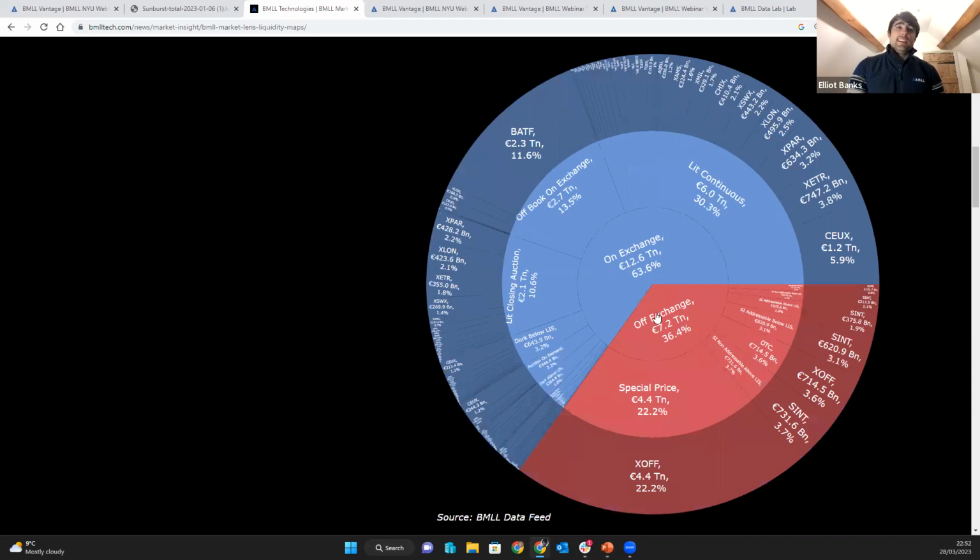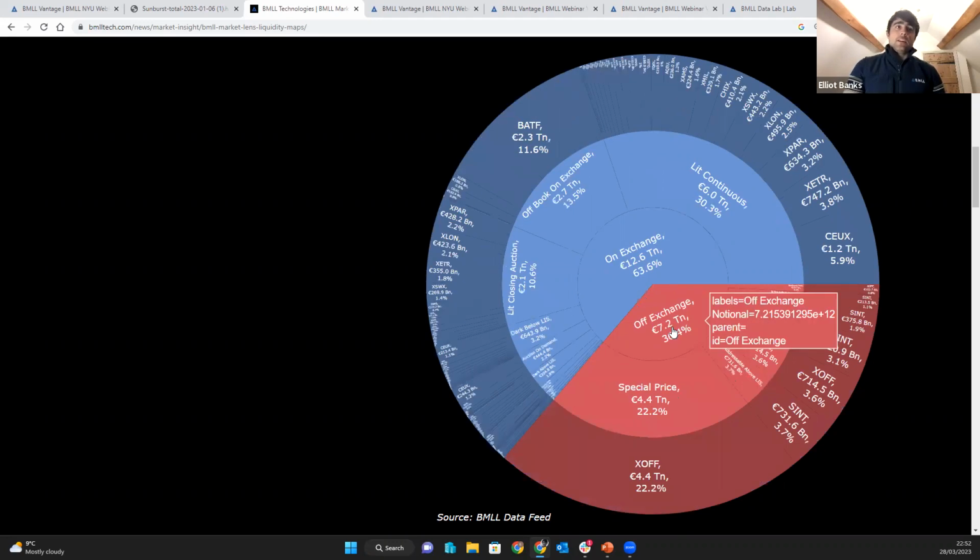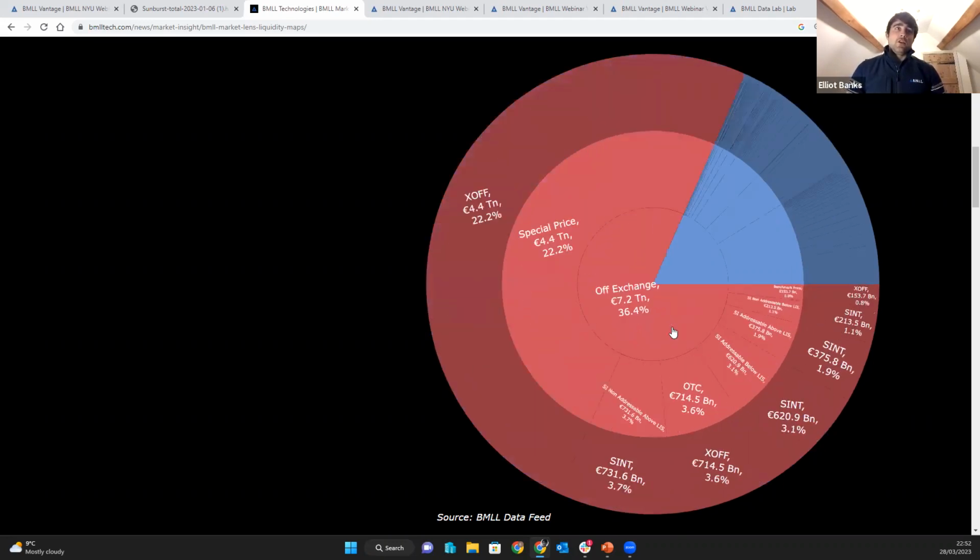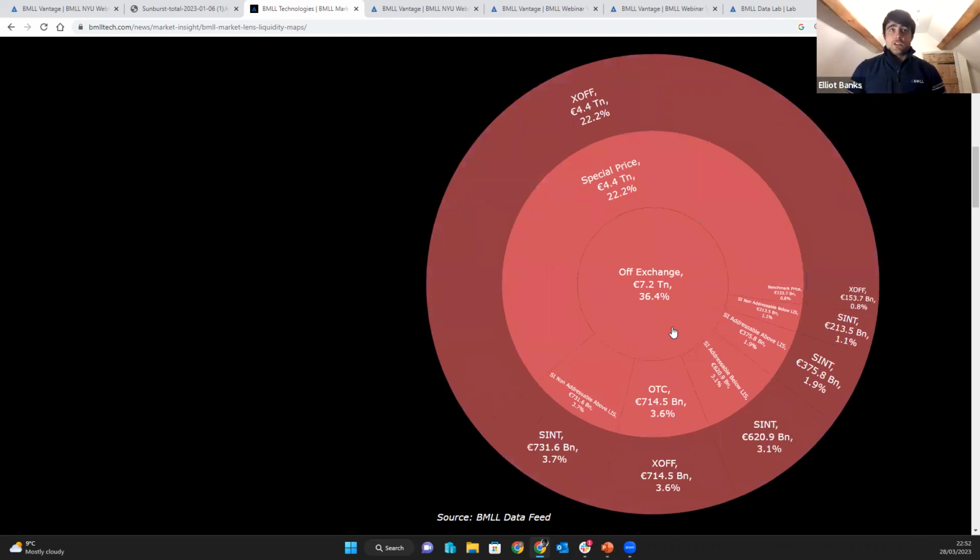Now, where we see a lot of differences is in the off-exchange data. First of all, in Europe, you don't see any sort of breakdown of what's going on in these so-called systematic internalizers, but we do see where that's trading. So Europe has, as well as the dark pools that are available, a myriad of